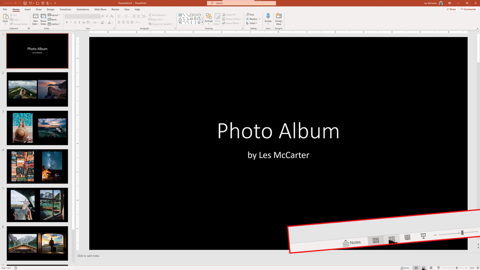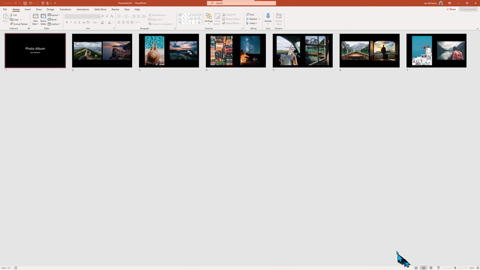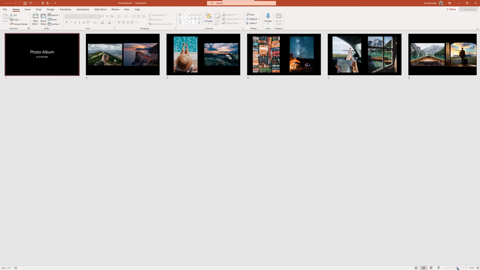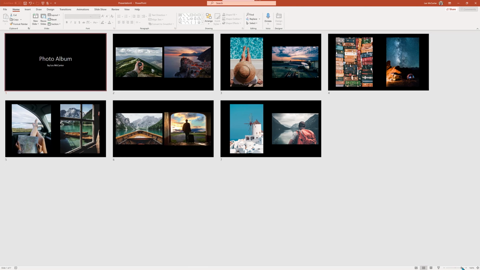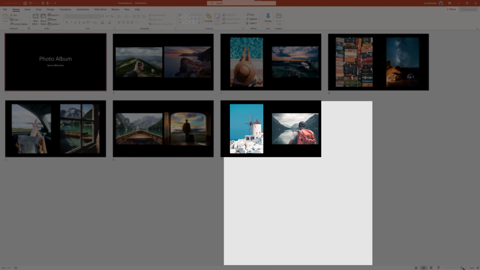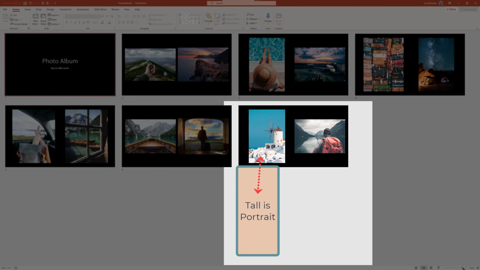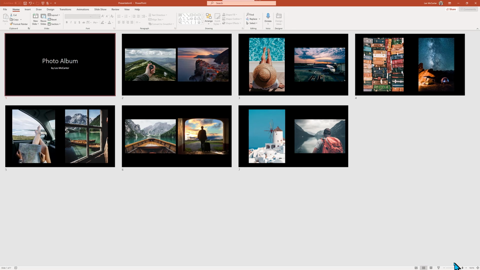As I zoom in, you can more fully appreciate the consistent placing of the images on the page. Take note of the last slide, where there are 2 photos of different types of layouts. One is portrait, which means tall, and the other is landscape, which is wide. PowerPoint has artistically laid them out in an even fashion to fit the page. On to the next step.